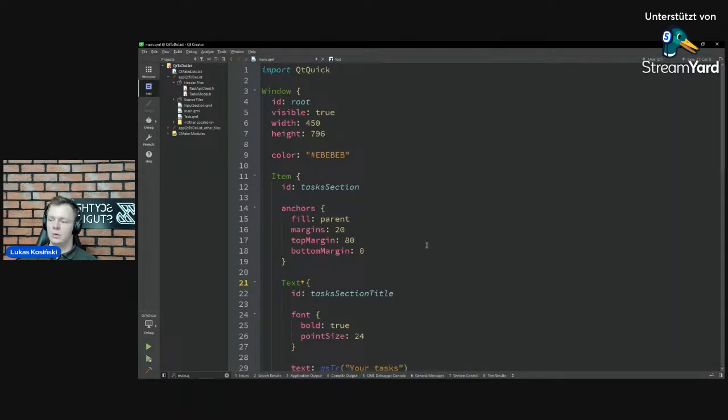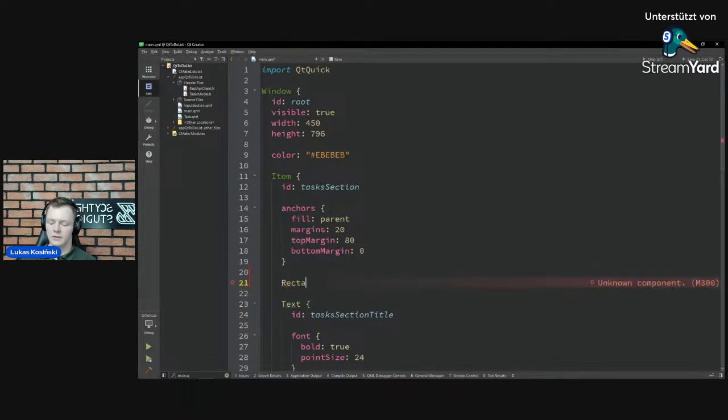And think about those common things. Among them, you find geometry like width, height, and x, y positions, and maybe let's shortly talk about positioning. So here we have our window. Here we have our item called task section, and an Item is like a container, so it's transparent.